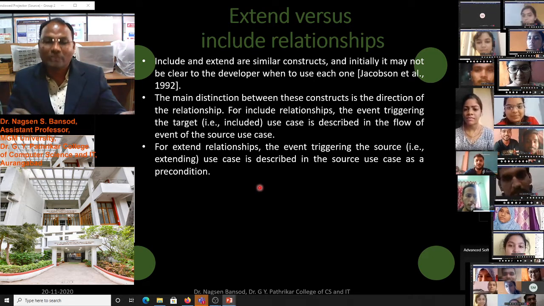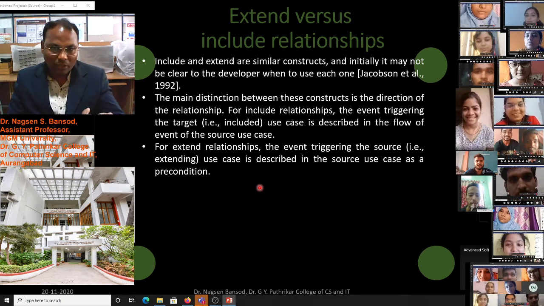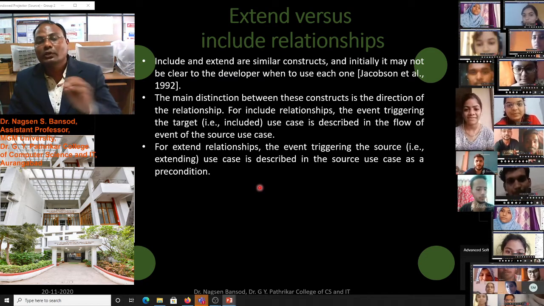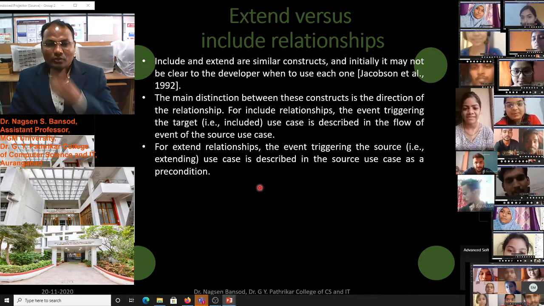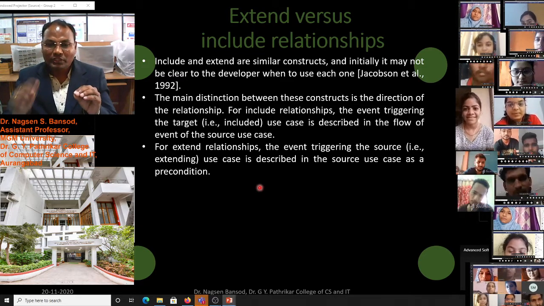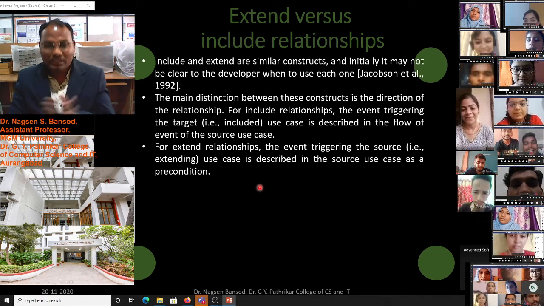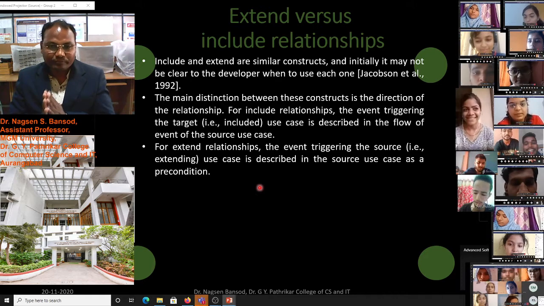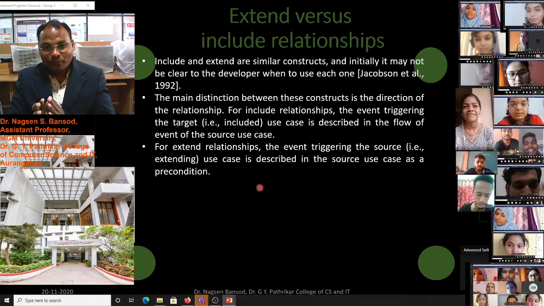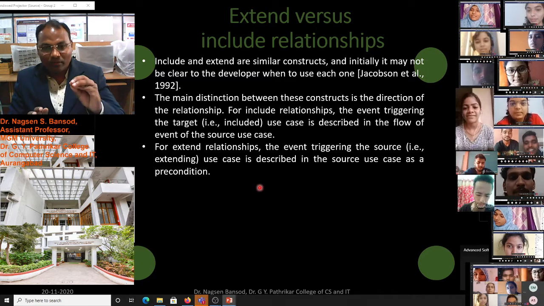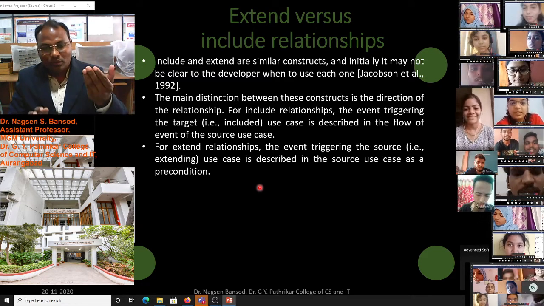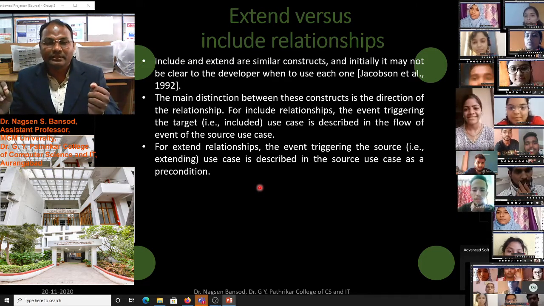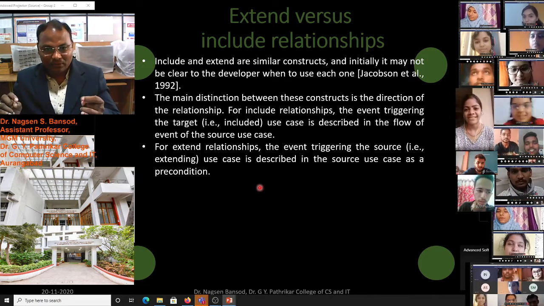We have to save the document after writing. So this is our target, meaning this is included in our process. So we say this is an include use case. Save is the include use case after writing. But suppose you want to send the file from one computer to another through the network, then that will be the extend, that is not the target.